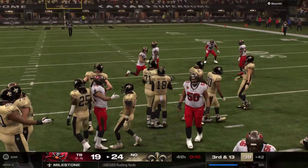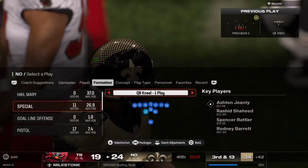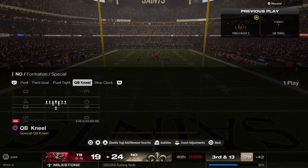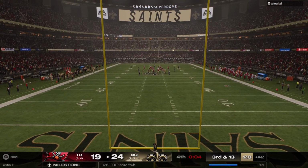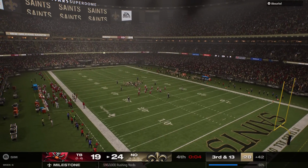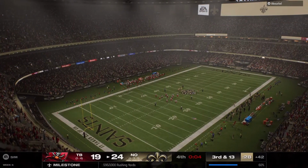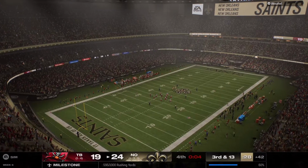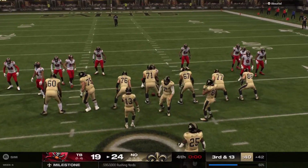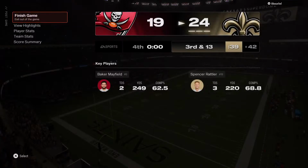The Saints in victory formation now as they'll take the knee. What a ball game this was. What an atmosphere this was. And the home team getting the